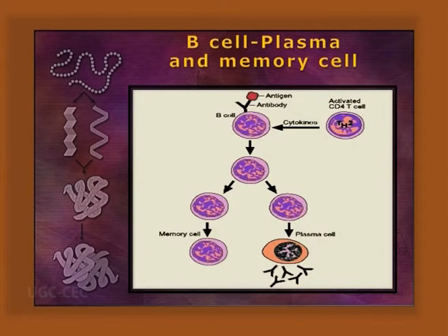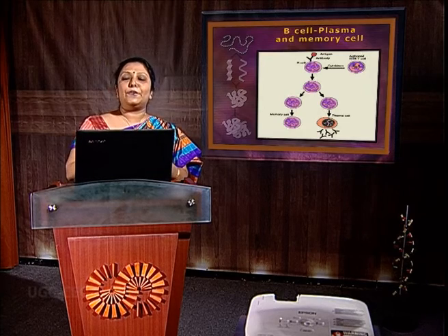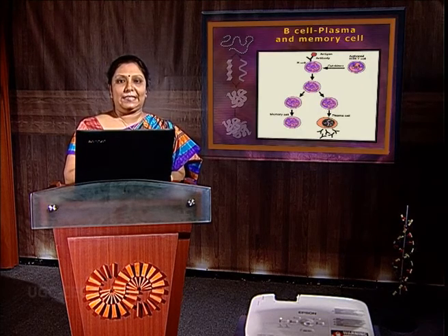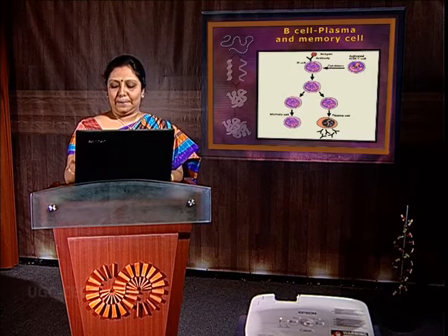Now immunoglobulin function. According to the clonal selection theory, they fight against antigens, and we can find two types of B cells, plasma B cells and memory B cells. B cells propagate to give rise to B lymphocytes, and T cells give rise to the generation of different clones. They help the propagation.